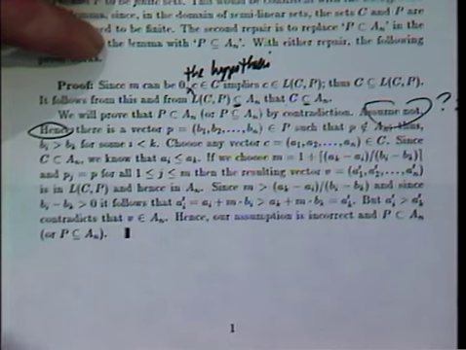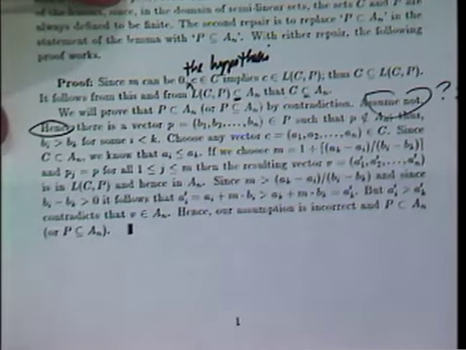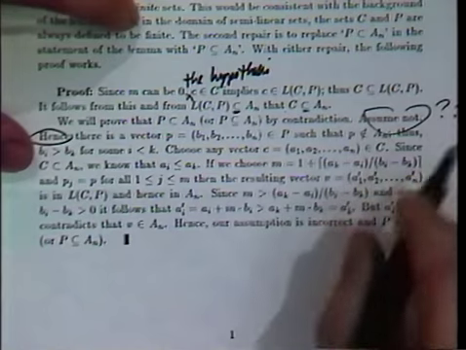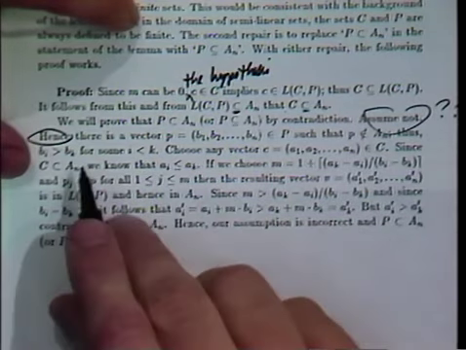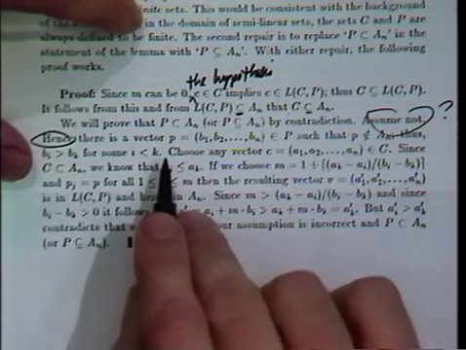I take out parentheses often too. When I'm writing a manuscript, I'll often have a remark which I put in parentheses, and I'm typing it, and I take out the parentheses. It doesn't seem to be very parenthetical after I'm writing it, but before anyway. But anyway, here it could go on here for some i less than k. Thus, b_i greater than b_k for some i less than k.